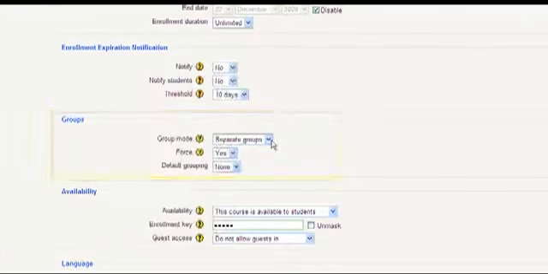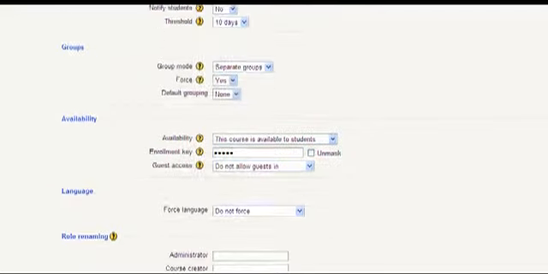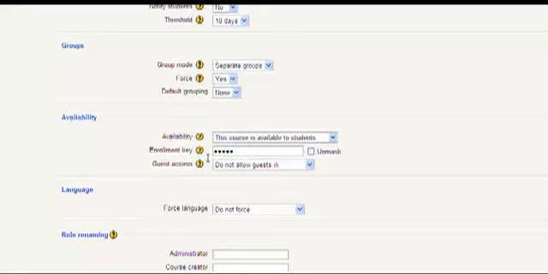You'll want to have your group mode set to either separate or visible groups, and you can read the question mark to see the difference. And then you're going to want to force the group mode, which means it's going to force that student into a group. And in the enrollment key area, so I'm going to scroll down a little bit more, under availability,